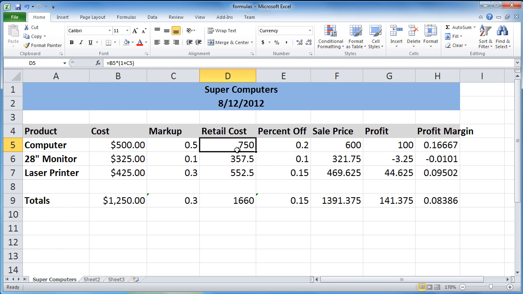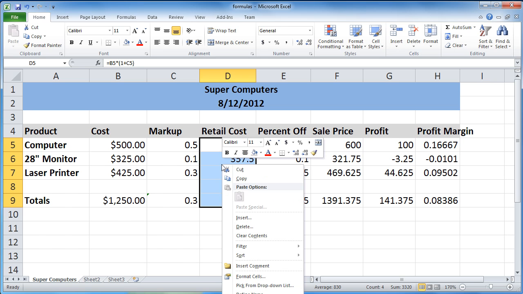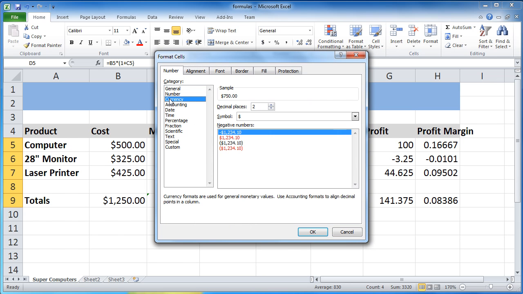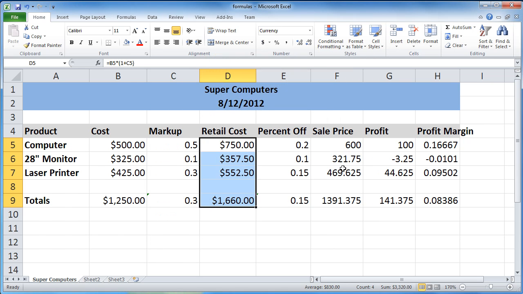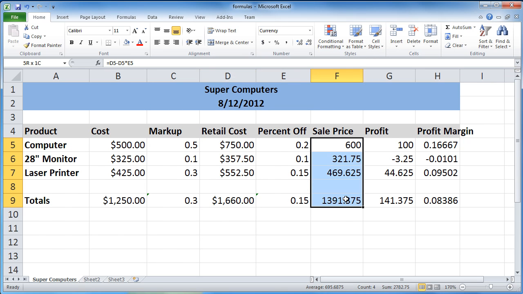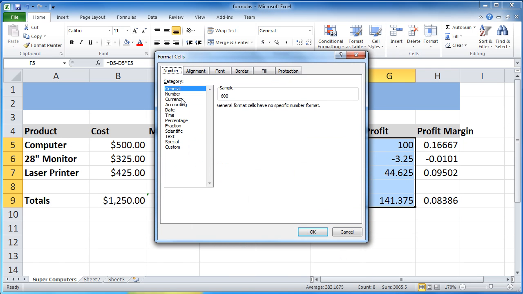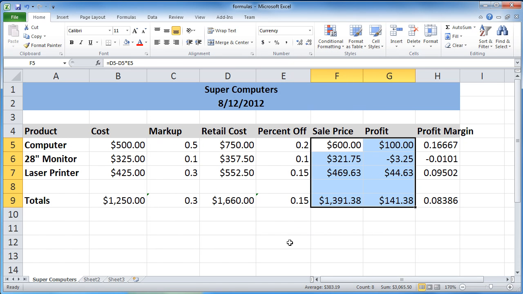I'm going to do the same sort of thing for each of the columns that have data that deals with dollars. I'm going to highlight what I'm working with, go down to Format Cells, select Currency, and by default Excel has it exactly the way I want it. Again for sale price as well as the profit areas. Notice in order to highlight both columns I slid down and then to the right, and now I have a group and I can affect those cells all at once, saving myself a little bit of time.